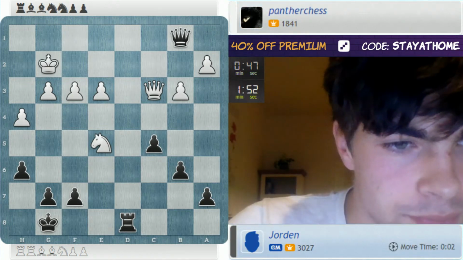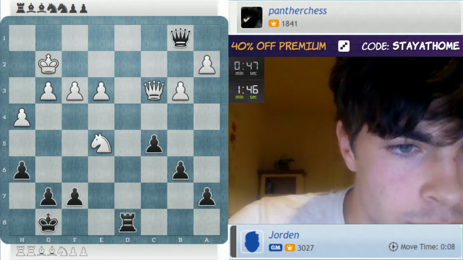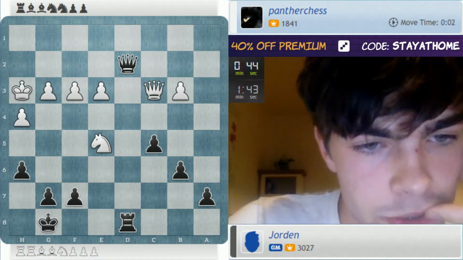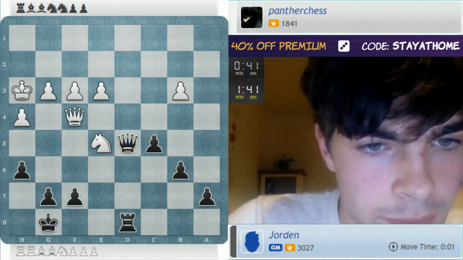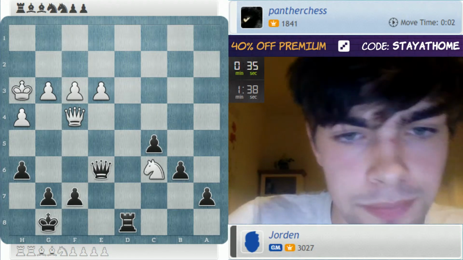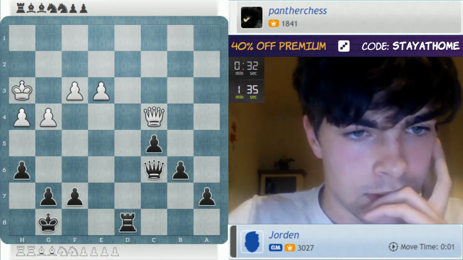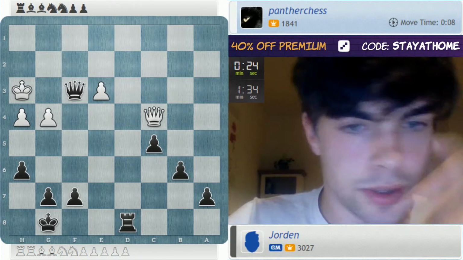Okay, I can take the pawn. What else can I do? Queen d1. Let me just take the pawn. Queen d2. No reason to make it complicated. Yeah. Okay, can take another pawn. Why not? And that blunders a knight, so that's also good. Okay, takes. That's just gonna be mate like